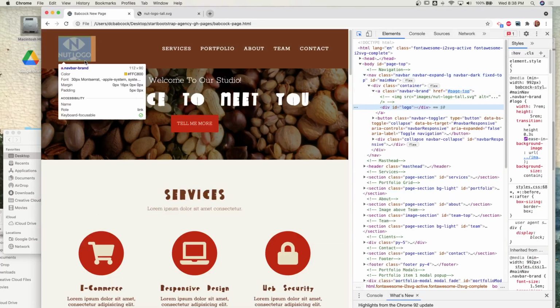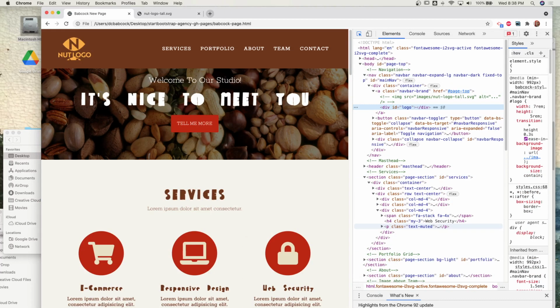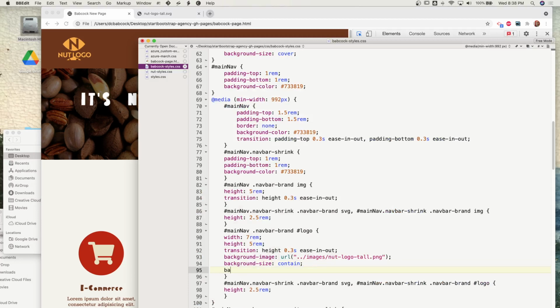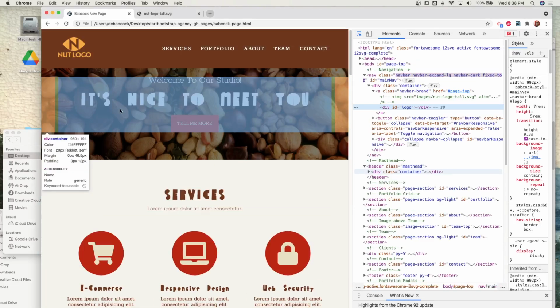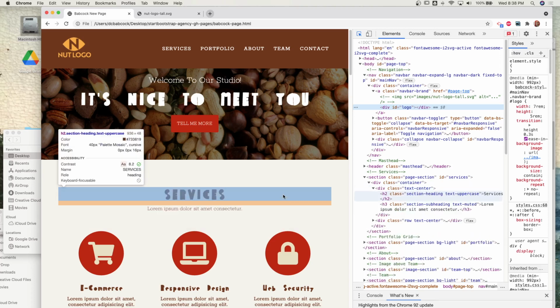Okay, so it's contained, but it's repeating. So we could go back in and do the background repeat. No repeat. And then it does just the one. Okay. So if you are going to use an image instead of an SVG, or instead of hard coding the